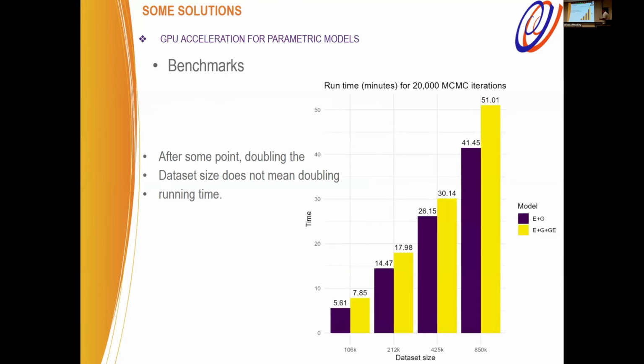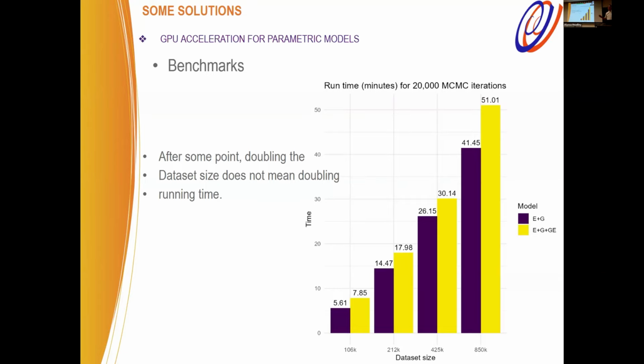So I started asking him, why don't you start from the easy, right? Let's say you analyze 100,000 data points and see what happened. Now 200, 400, 800. And then he found that actually when you double the size of the phenotypes, the time to run the analysis does not double.